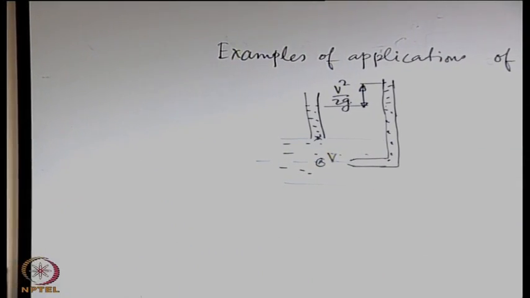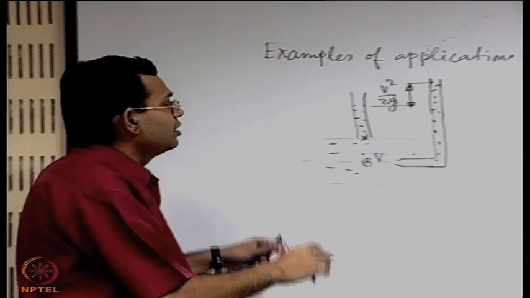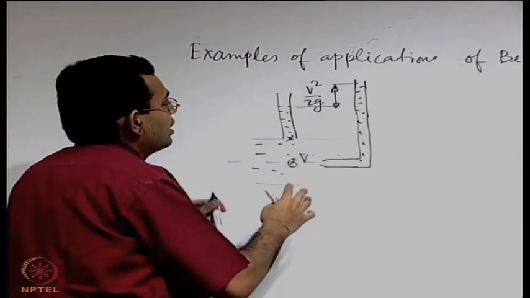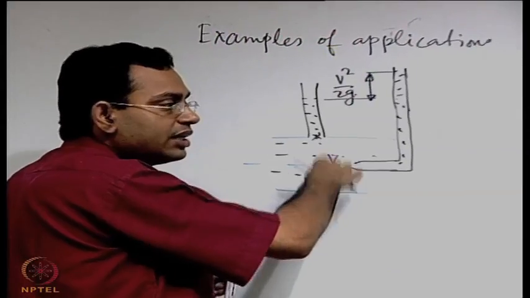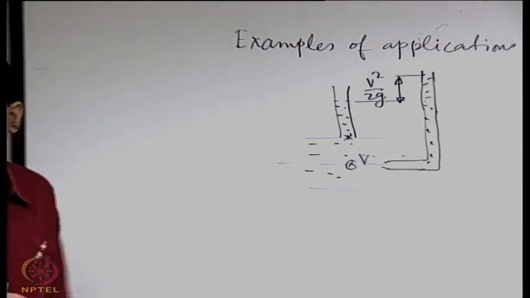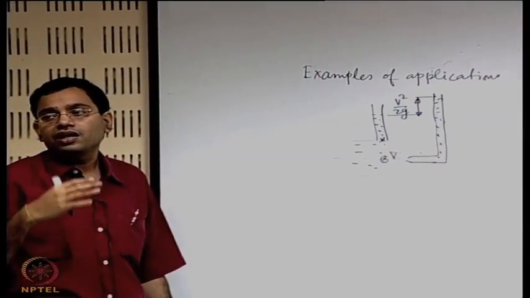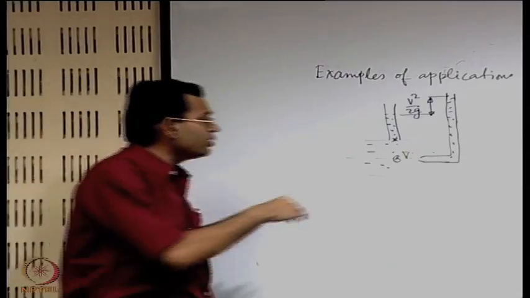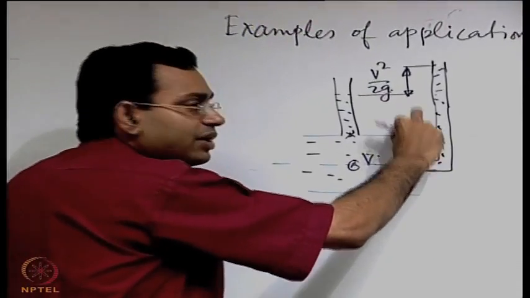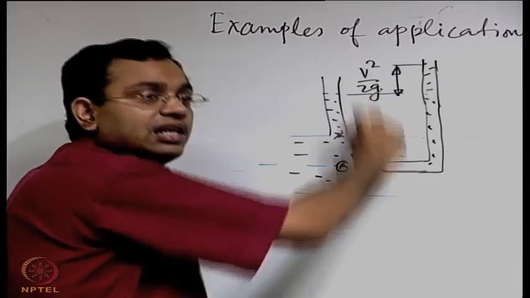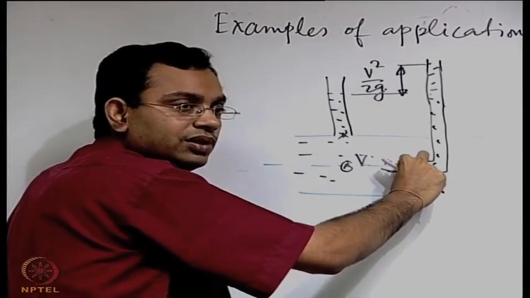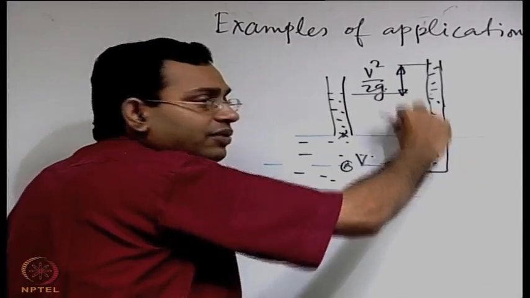So from this principle it is possible to make an estimation of the velocity, and if you assume it to be uniform, then you can also have an estimate of the flow rate. Now if it is not uniform, you can keep the tube at different radial locations and you can even find out how velocity varies radially,